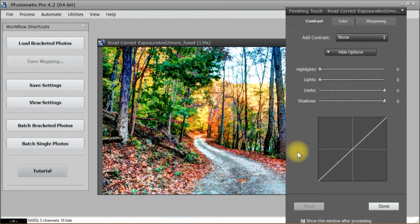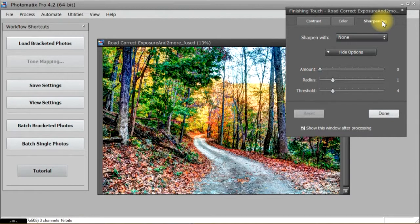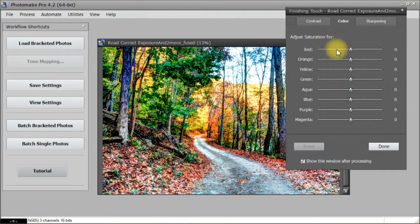But if I do have Photoshop or Lightroom, I usually like to save my photo as is. And you notice it gives you sharpening tools and everything. So Photomatix lets you adjust saturation of individual colors. Maybe I'll bring my blue up a little bit and see if I can get a little more out of the sky. So it does some of the same things that you can do in Lightroom,